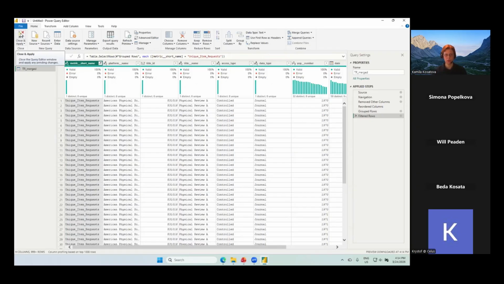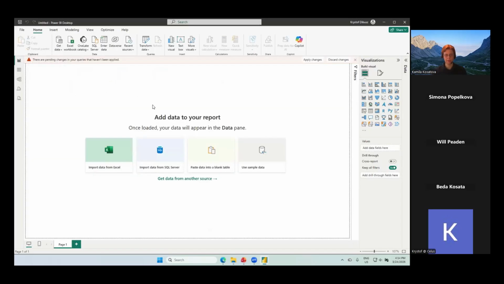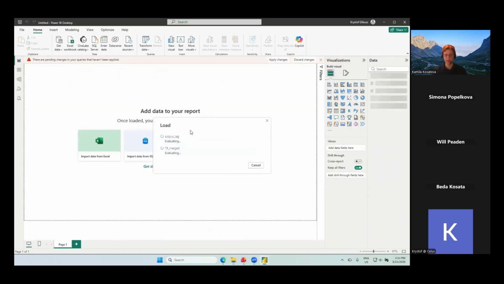I can close and apply, and the data gets loaded into Power BI, and it's only some million of rows, so we don't have to wait that long, but still it takes some time,